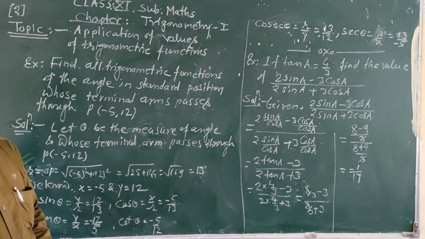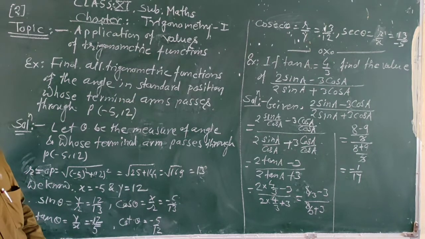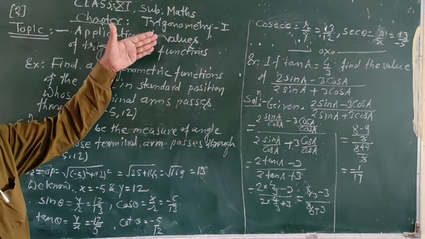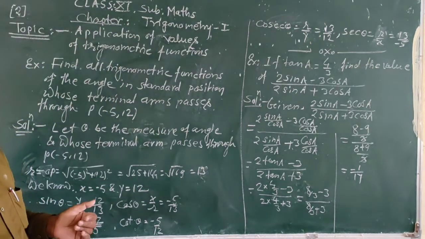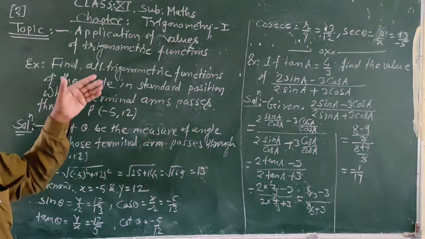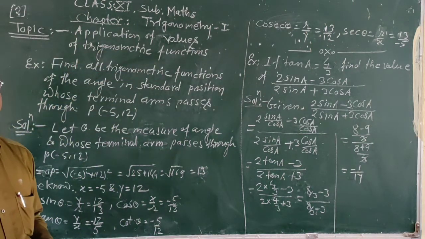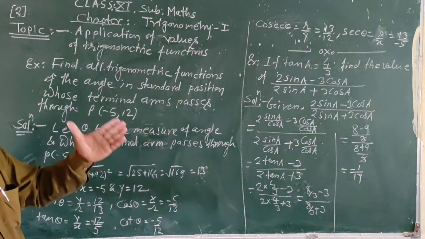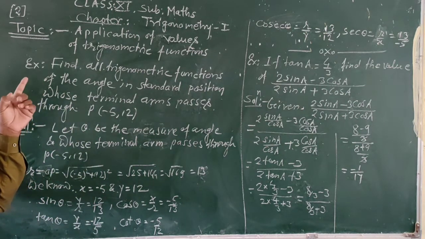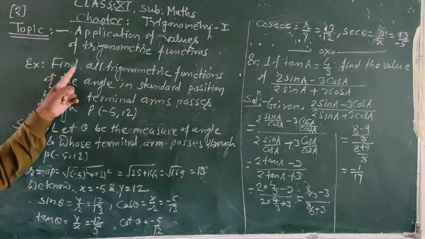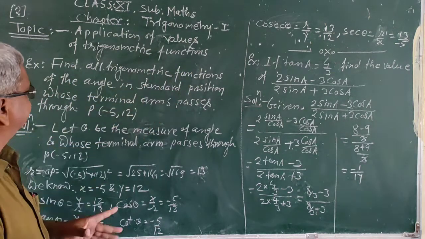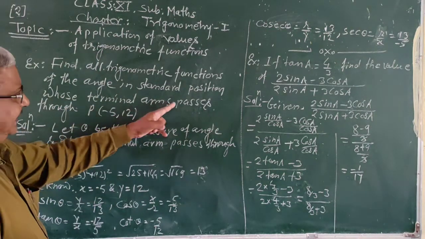Good morning, students. Today we start with the application of values of trigonometric functions that we have obtained in the table for different measures in the last lecture. So we solved certain problems with the help of that table and the concept that we have seen last time. So here we take the example: find all trigonometric functions of the angle in standard position